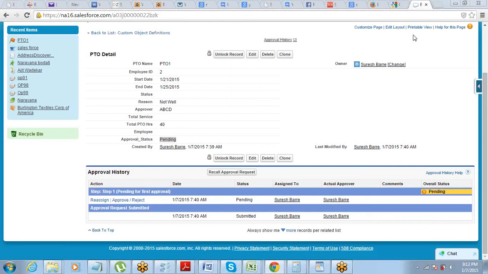So this is the approval assignment email which is sent to the approver. Suresh, can you forward that email to me so that I can share it with others and show how that email looks? Yeah, 1 minute. Sure.